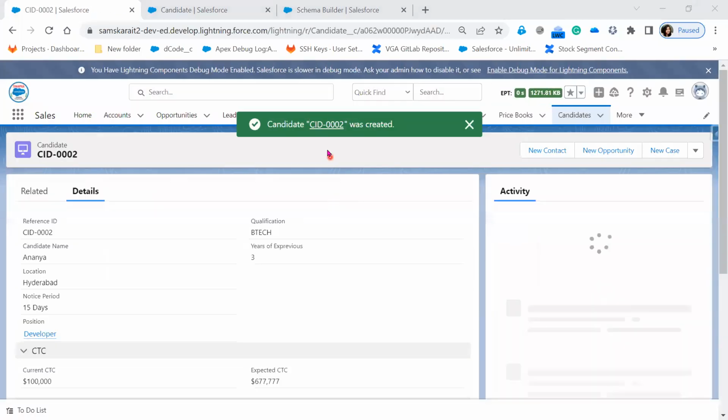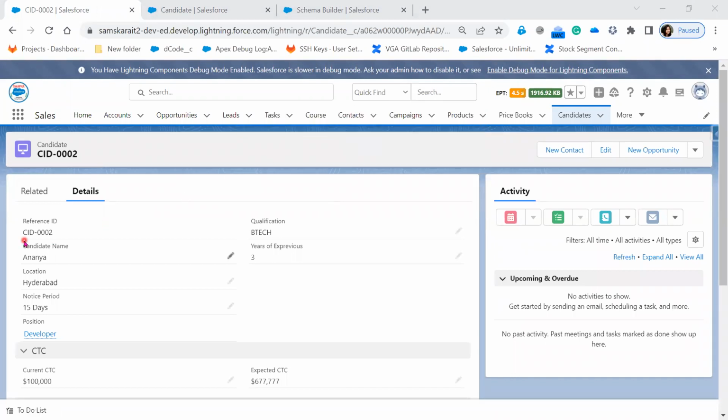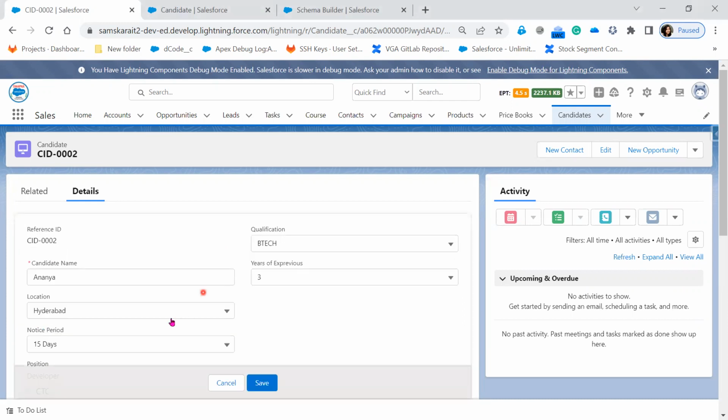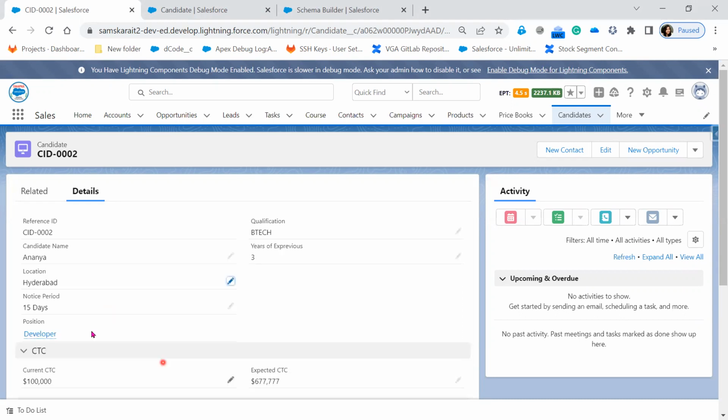Now the record has been created. My record is now 002 because this is the second record that we have created. So on this position record, if you observe, whenever I hover on any field, I can see the inline editing. What does inline editing mean? If I hover and click on this, I can edit that particular field or record. But on the master detail relationship, when I hover on it, I cannot